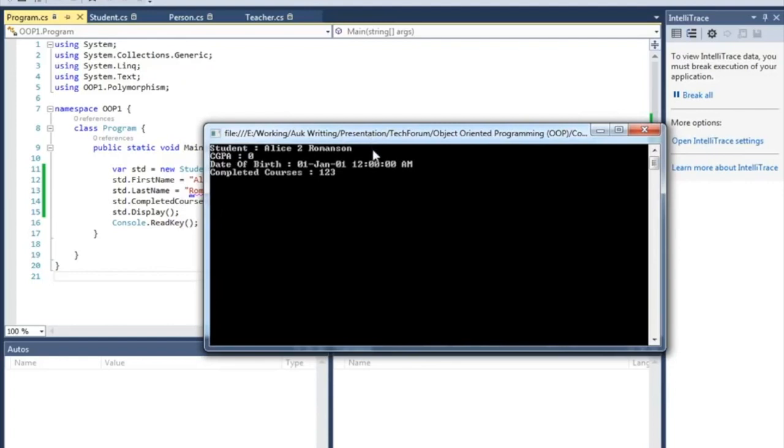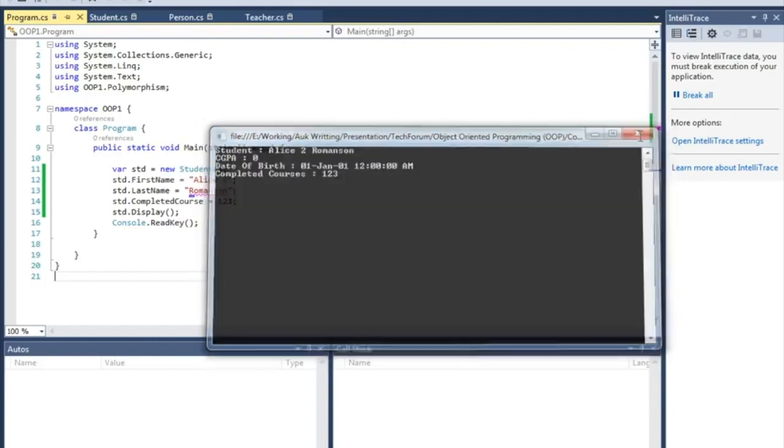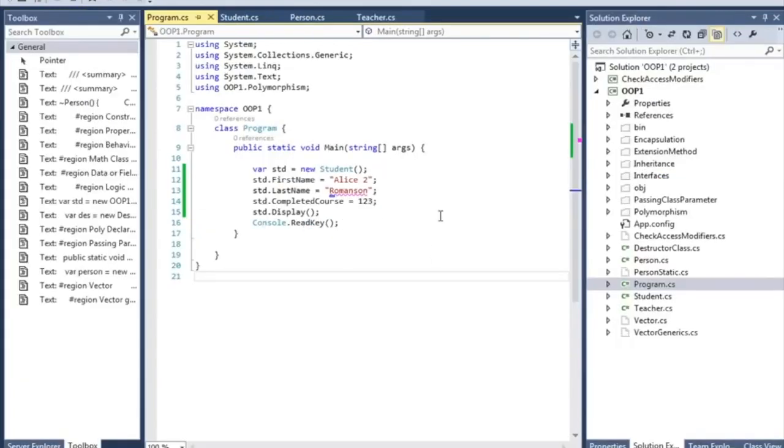So as you can see, it's a very simple display class, but what you are seeing is that I have copied many properties in both of those student and teacher classes, which is really not good practice.